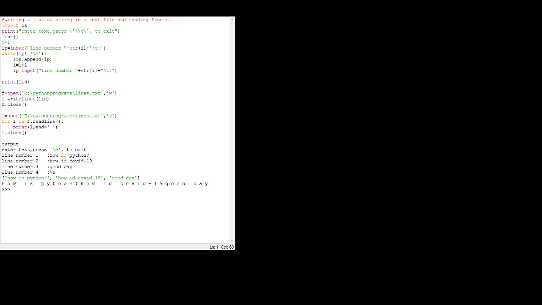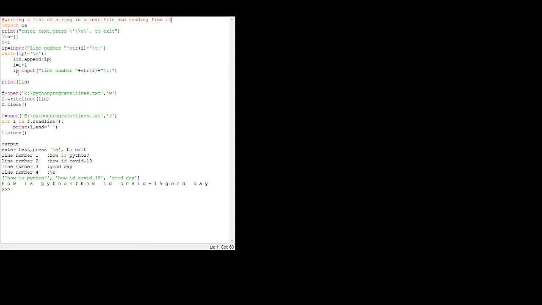Now I want to add to the list: len.append, whatever I have entered in ip, that is the string. So len.append means add at the end, at the beginning it is empty. Now the value of i is increased by 1: i = i + 1.